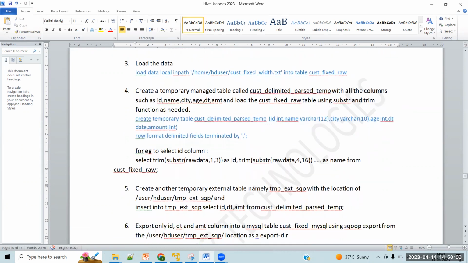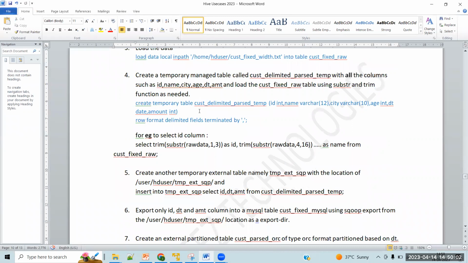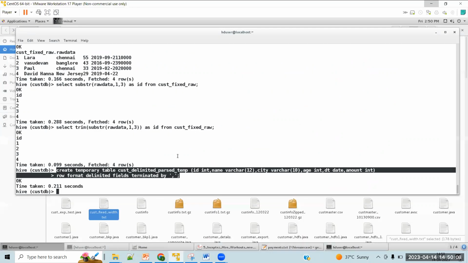Okay. So I'm going to select the data into this table by selecting the same thing. Select trim of all this as an ID. Like this, I'm going to do select cast of, because this ID is going to be returned as string type. I don't want it in a string type. So I'm going to cast this entire column as integer, as ID. Then I'm going to trim the second column, which is the name, right? Trim of substr of